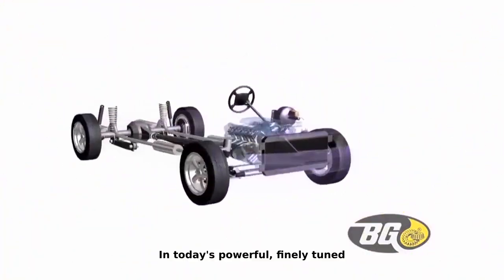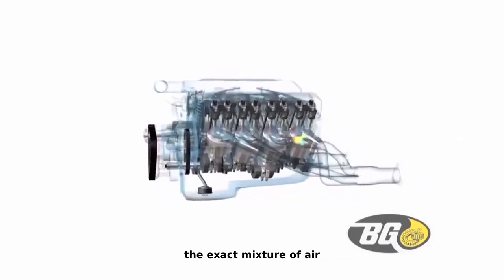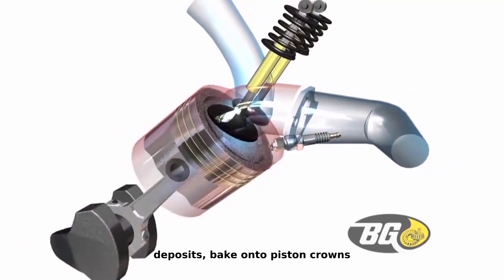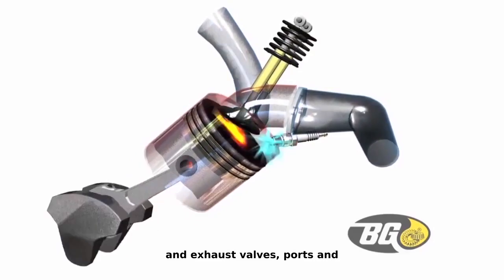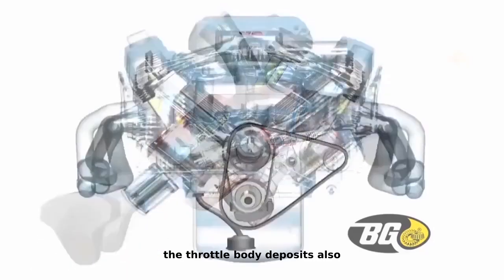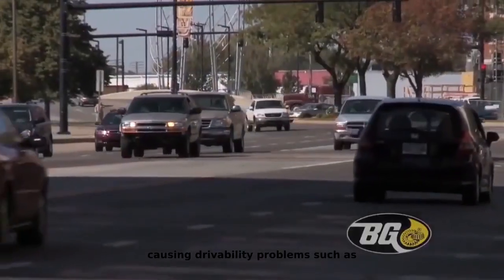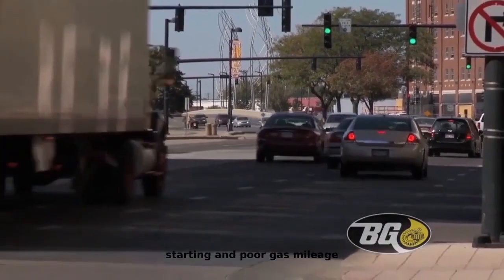In today's powerful, finely tuned engines, timing is everything, and the exact mixture of air and fuel is critical. Carbon deposits bake onto piston crowns, combustion chambers, injector nozzles, intake and exhaust valves, ports, and the throttle body. Deposits also choke the air induction system, causing drivability problems such as knocking, hesitation, rough idle, hard starting, and poor